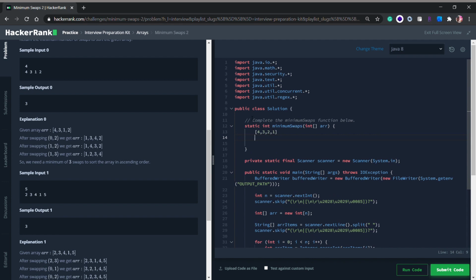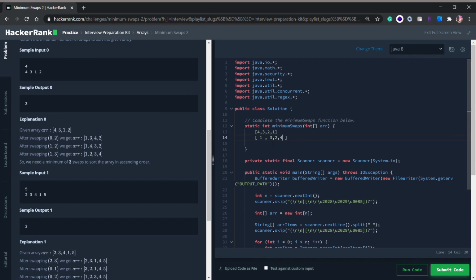First of all we find the minimum number and put it at index 0 if it's not already there, and increase the swap count by 1. After the swap our array would be something like this: 1 3 2 4, because we swapped 4 with 1.